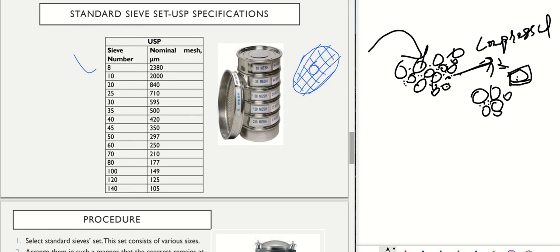Each square represents the pore, and how many pores there are per square inch represents the number of the sieve. Sieve number 8 represents 8 pores per square inch. So each pore size would be